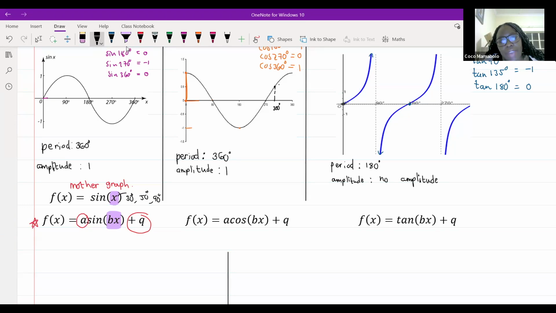And we said that our graph has a period of 360. My graph goes from 0 to 360. Now, if I add in another friend b, what is that going to affect? It's going to affect my period. It's going to affect how many graphs I'm actually drawing. Okay, and we're going to talk about that in a little bit more detail on Wednesday. Okay, so this